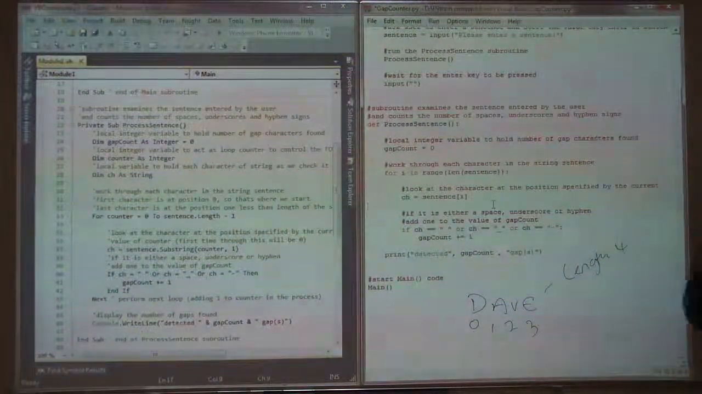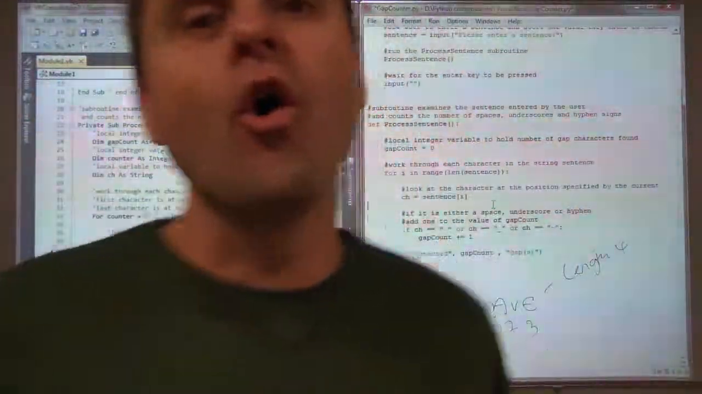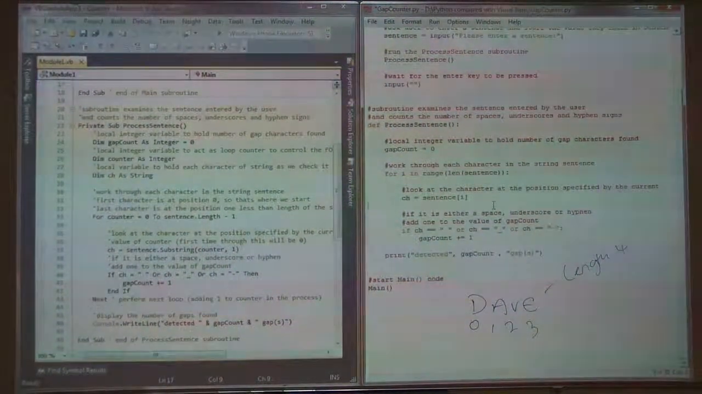Okay, so the for loop is the main thing that looks a lot different. All the other things tend to look the same. Most languages are